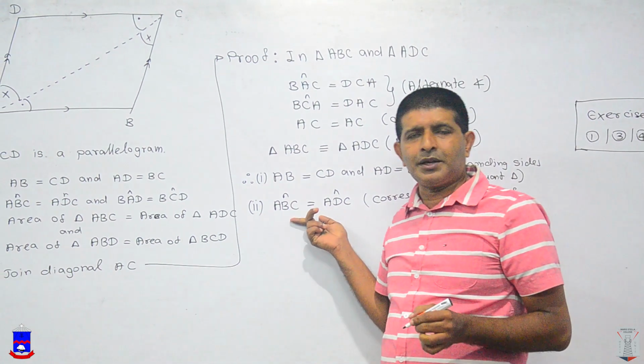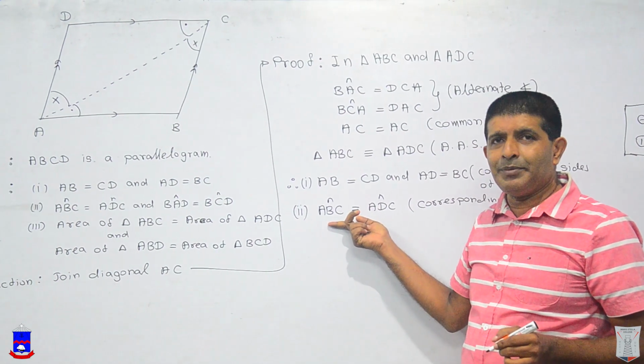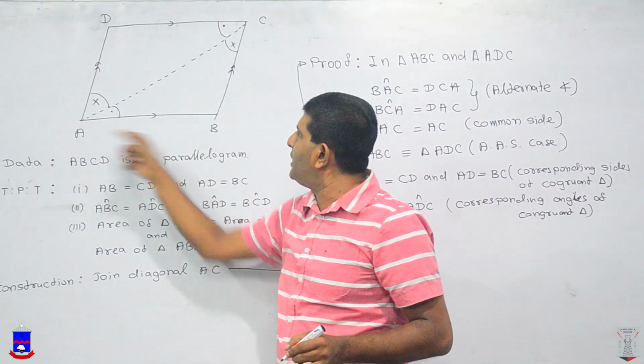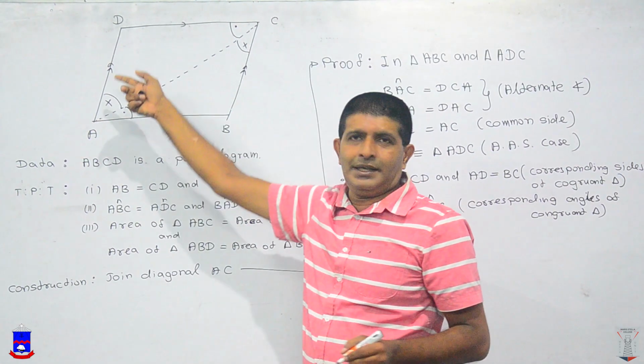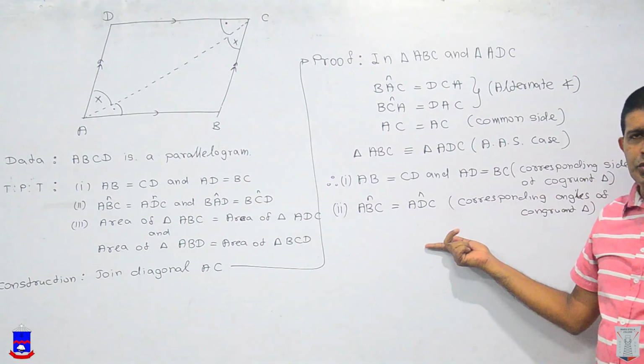But we are facing a trouble here. Now we have to prove angle ABC equals angle ADC. What happened is that BAD and BCD, we are facing trouble. How to take that? To overcome that issue, we are saying